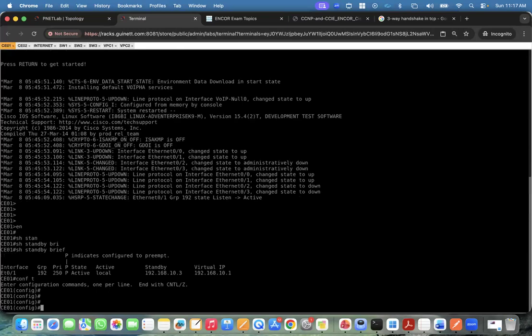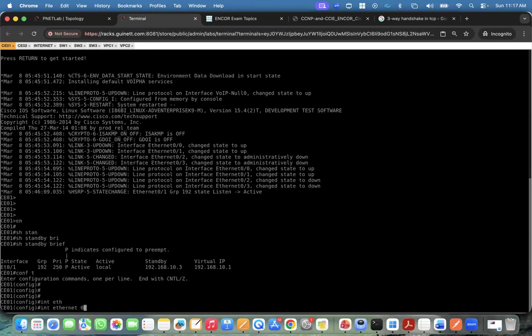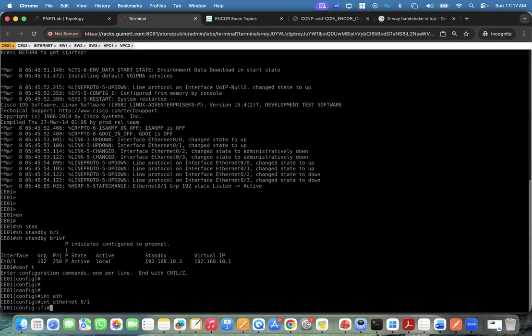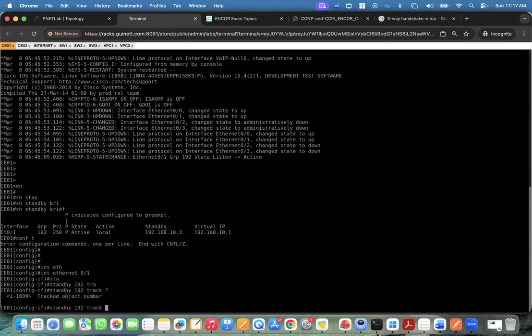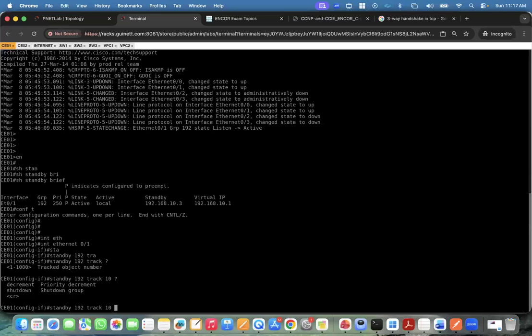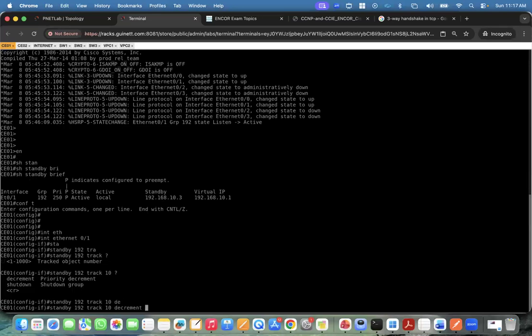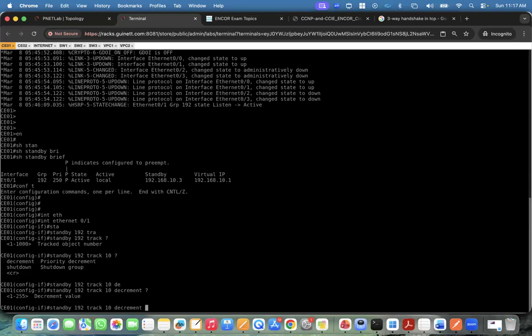So you go here, interface ETH0x1, standby, what is the group? 192. Track. What do I want to track? You can give any kind of track number, let's suppose 10. And you want to decrement. What decrement? You want to decrement the value. Let's suppose,